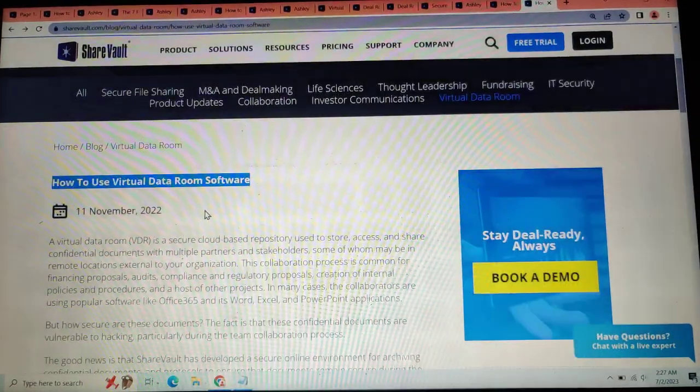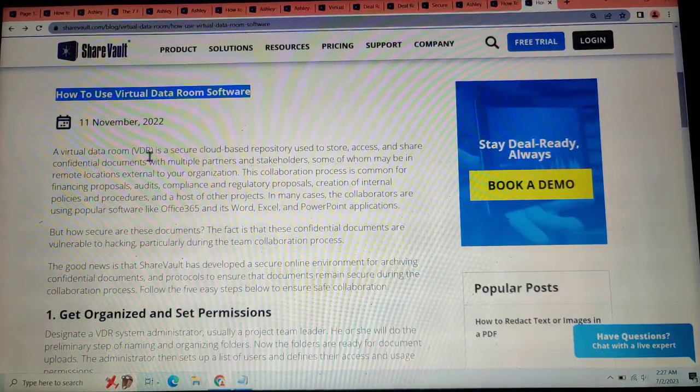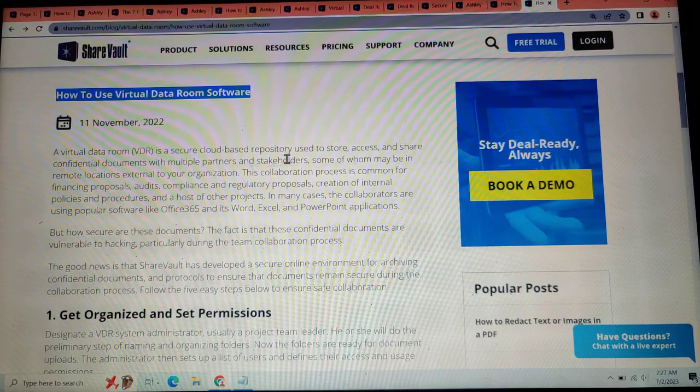How to use virtual data room software. A virtual data room is a secure cloud-based repository used to store, access, and share confidential documents with multiple partners